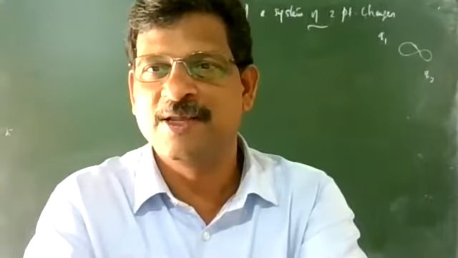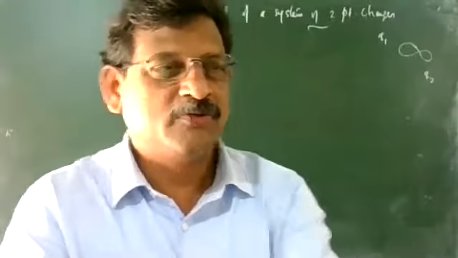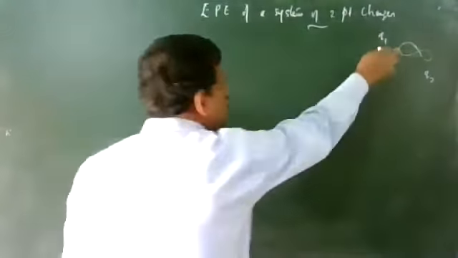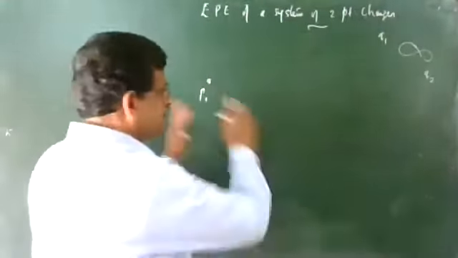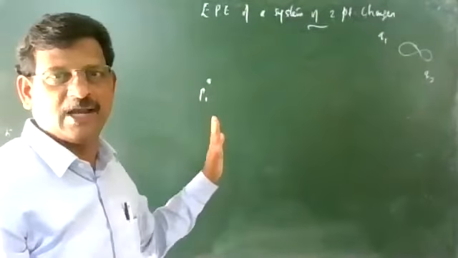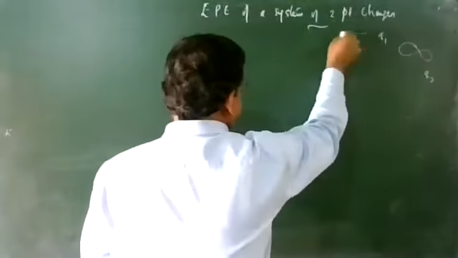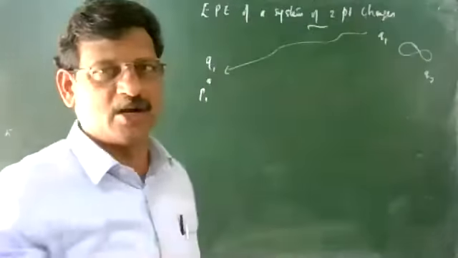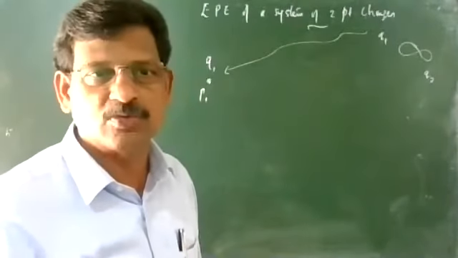So you are sitting on the first bench and Jogit is sitting on the third bench. They are taking their position from infinite distance apart. So initially all are far away. Now, to bring the charge Q1 to the point P1, there is no electric field anywhere. It is free space, free land, no influence from anyone. So this charge is coming from here and you can place the charge here. For this there is no work done because nobody is there to object. Anyone can come and occupy the place.